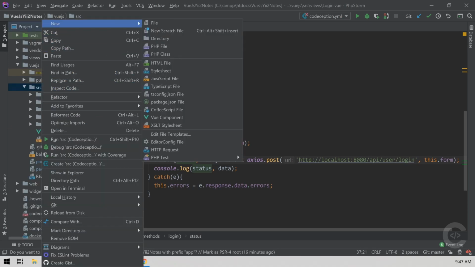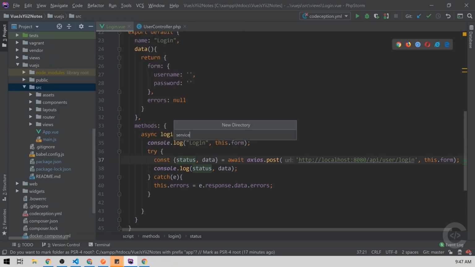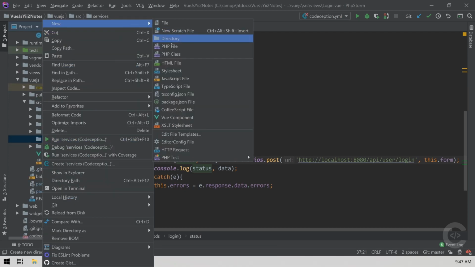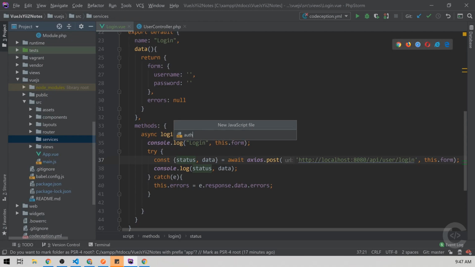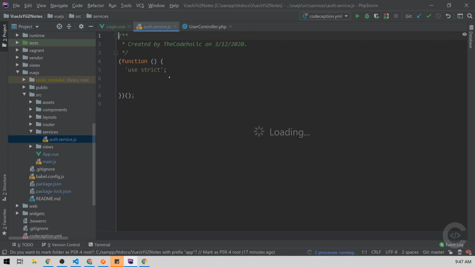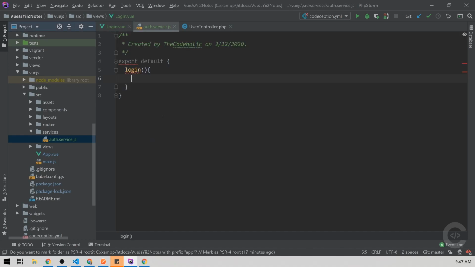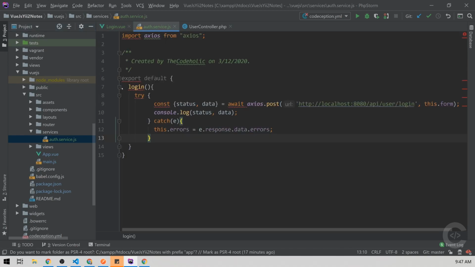I'm going to create a services folder, and right there I'm going to create auth service. It should just return an object which will have a login method, and it will do the following, just like this. This must be an async function,